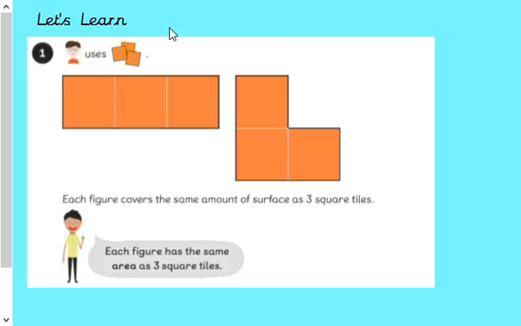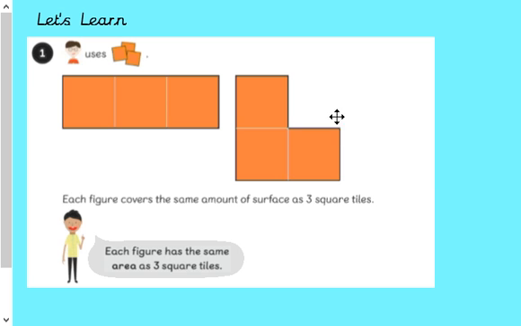Okay, let's learn. So this particular chap here has only used 3 of the tiles. And what he's done then, he's put these tiles into 2 shapes. He's lined them all up almost in a linear way here, in a line. So he's used 1, 2, 3. And he's also put them in like an L shape here. Okay, and again, 1, 2, 3. What he hasn't done is put any of them so that they're diagonally on a corner, okay, because that wouldn't be a linear shape. It wouldn't be a correct shape, okay, for this